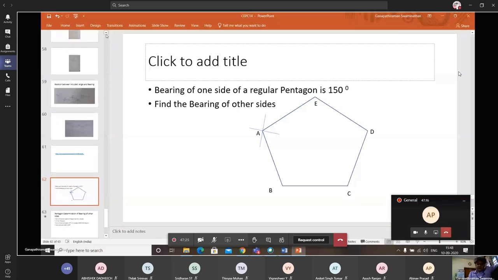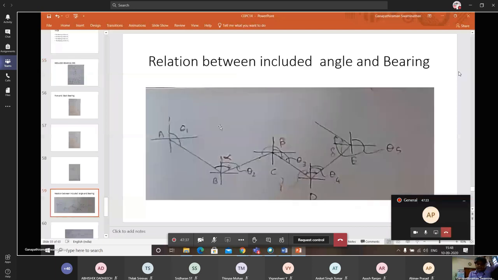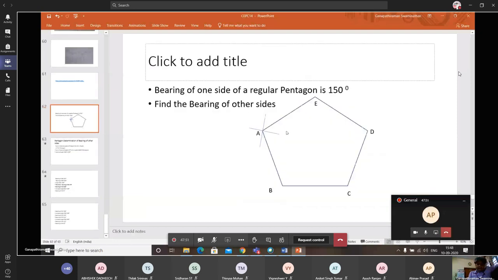So look at it. You start at a point A and go to B, C, D, E. Suppose the line gets closed, suppose I join a line from E to A, then the figure A, B, C, D, E, A is a closed traverse. Otherwise, if you consider a regular polygon, it is a closed traverse. You start with A, B, C, D, E, and you end up with A. So that makes the difference between a closed traverse and an open traverse. You get the point? I just stop here.